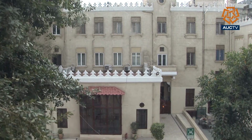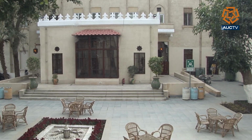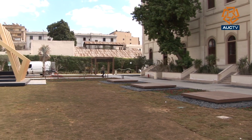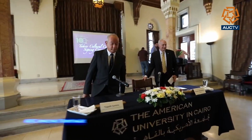AUC's Tahrir building has always been a special place since it was built in the 1870s. It has a unique location in the heart of Cairo, overlooking Tahrir Square. In the celebration of its centennial, the AUC Tahrir campus has been renovated by funds provided by Sawiris Foundation for